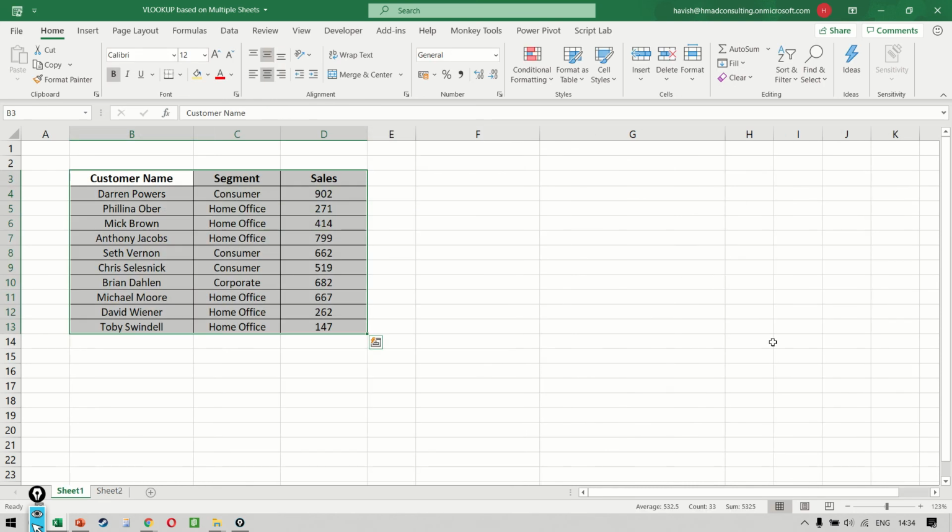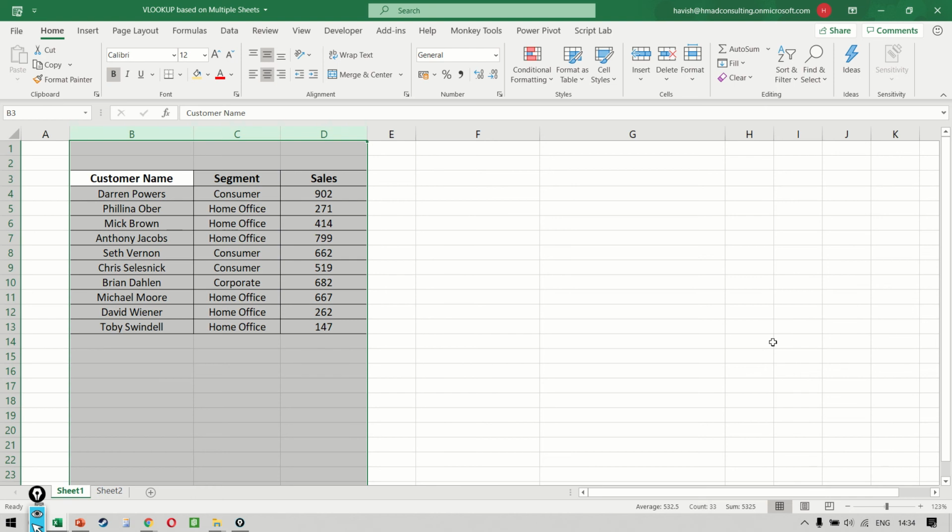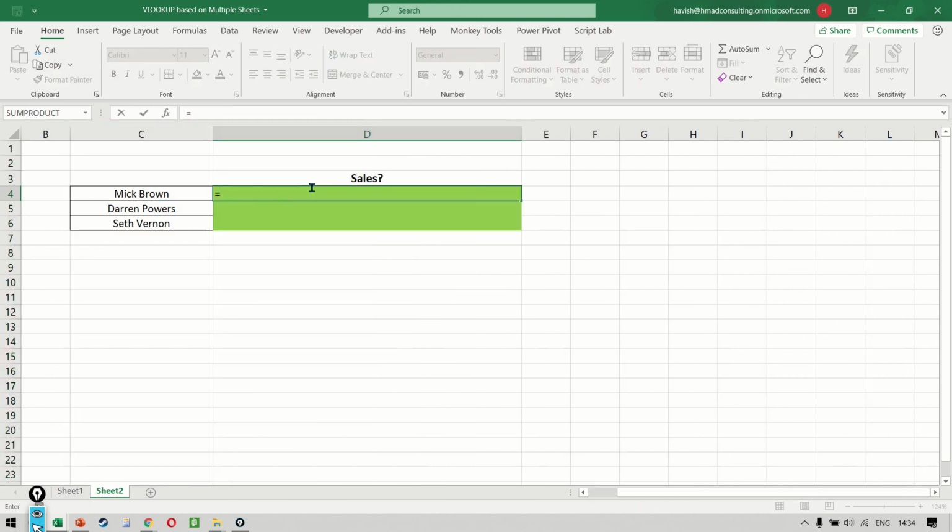The third approach would be to simply give a name. So if I select column B, C, and D, and we give a name like we had done earlier, if I call this VL underscore data, we can now go back to sheet number 2 and write equal to VLOOKUP C4. Now look how smartly we have given a name. This means that we don't have to jump over back to the other sheet to select that name. We can simply write VL data, and then without me having to move away from the formula and my current sheet, Excel will do the hard work for us. Excel will go and identify what is the data set and where is it, and it will automatically find it for us. And we can simply complete our formula like this.